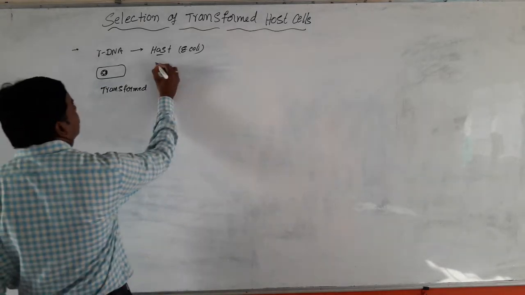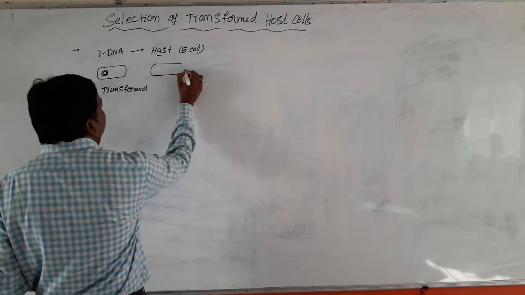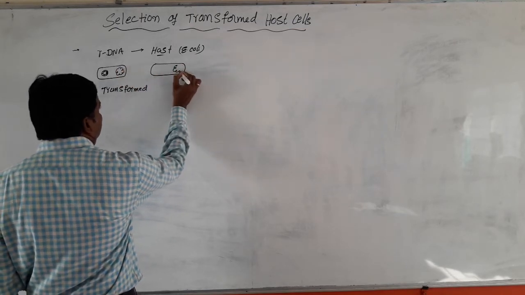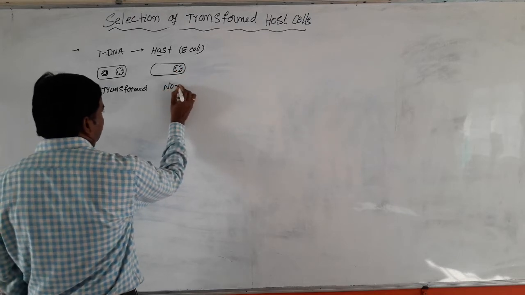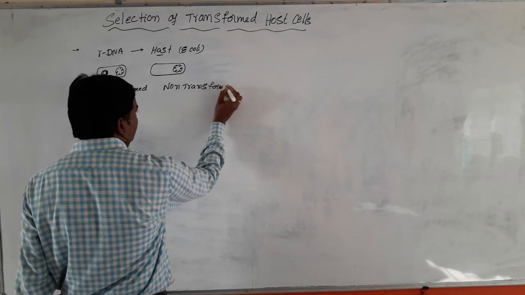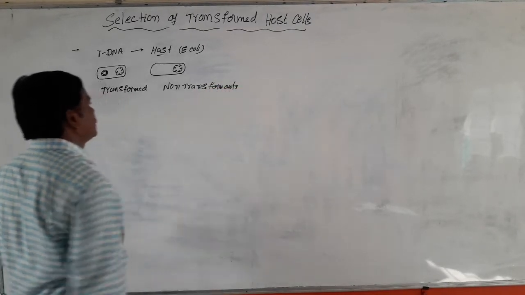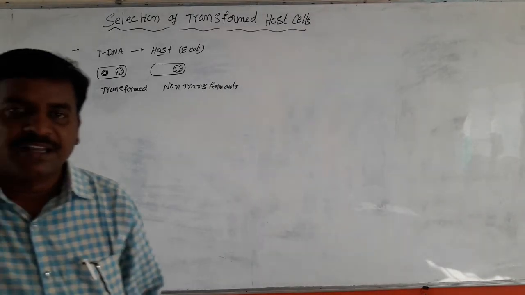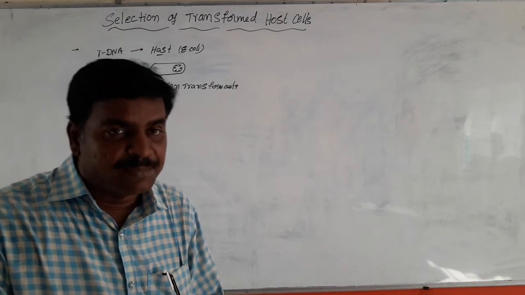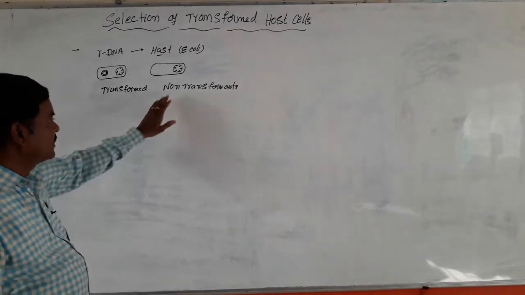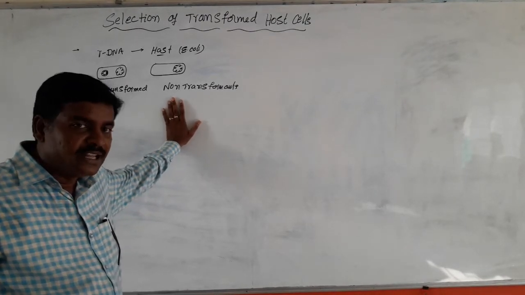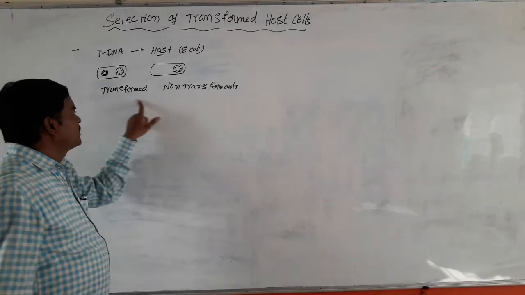At the same time, some of the bacteria do not take up the recombinant DNAs. Such bacteria are called non-transformants, non-transformant cells. Some bacteria can take up the recombinant DNAs present in their surroundings. They are transformed cells. But some other bacteria do not take up these recombinant DNAs into the cell. They are considered non-recombinants. Similarly, these transformed cells,